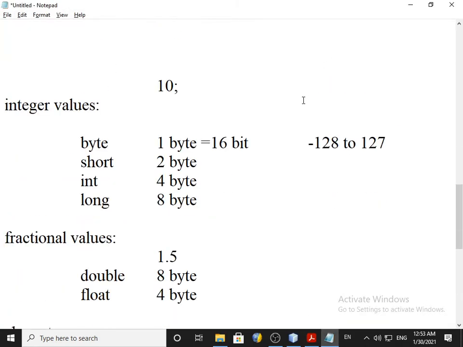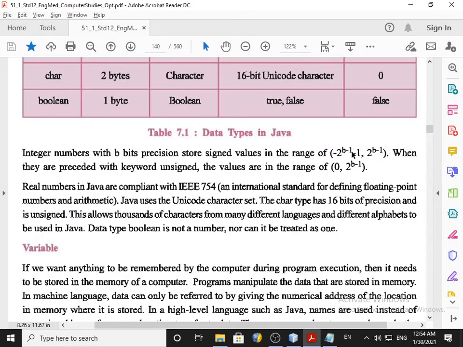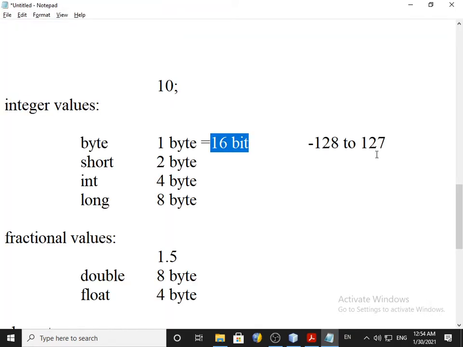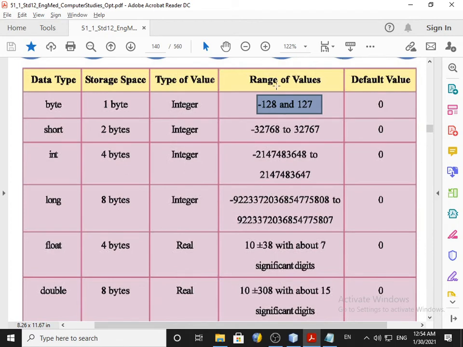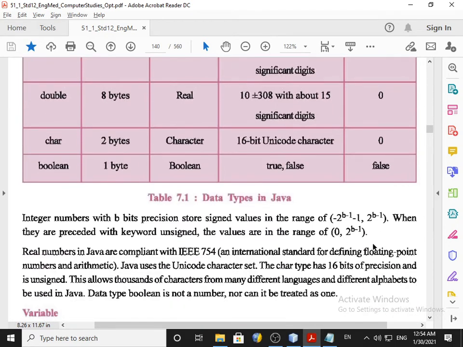So when you say 1 byte, how many bits are you talking about? 2 raised to 16 minus 1, then you will get 2 raised to 15. Now when you go for 2 raised to 15, you will get this answer. That is why one formula is prepared.